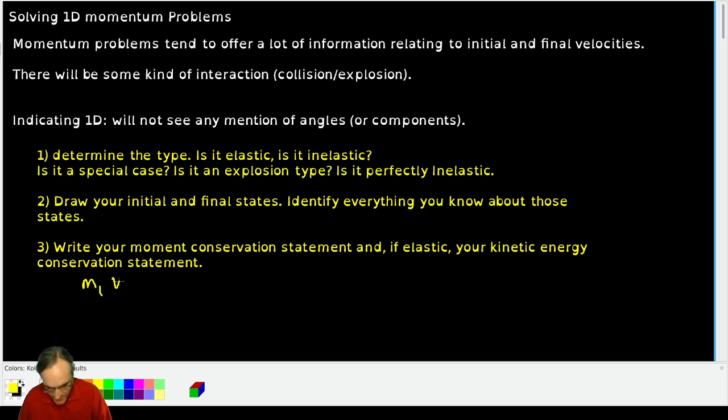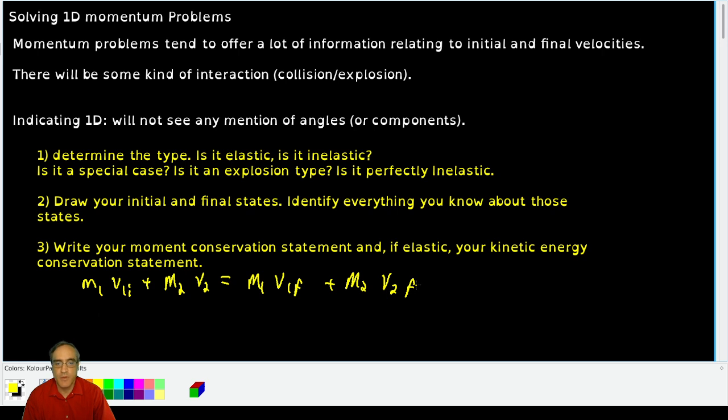But generally speaking, it'll be something like m1 v1 initial plus m2 v2 initial equals m1 v1 final plus m2 v2 final. That equation will always appear in a momentum problem. You may get lucky and your v1 final and v2 final may be the same thing if it's perfectly inelastic, or if it's an explosion, your v1 initial, v2 initial may turn out to be the same thing. And it simplifies the problem a little bit. It's like getting free information. It's very nice. If you get the kinetic energy conservation, if elastic only,